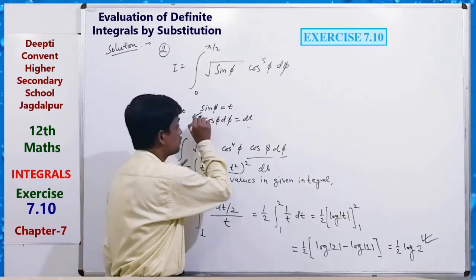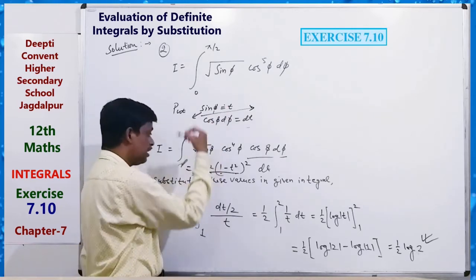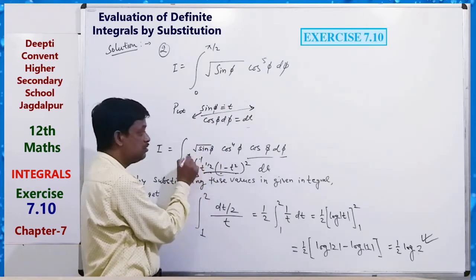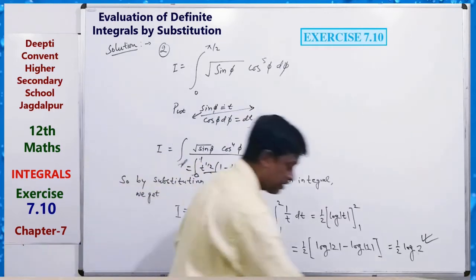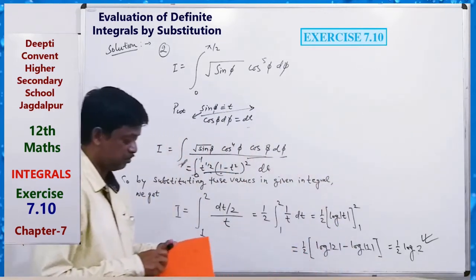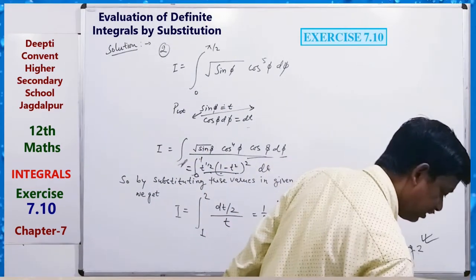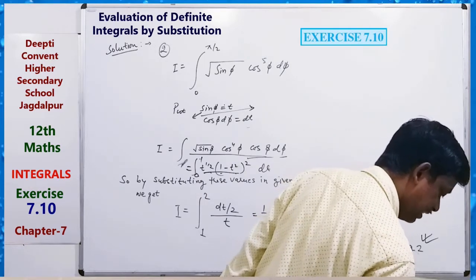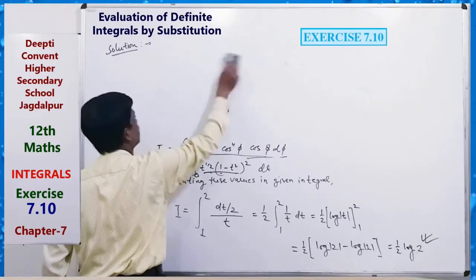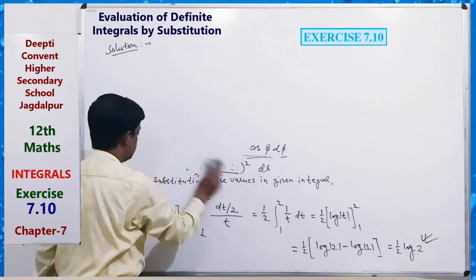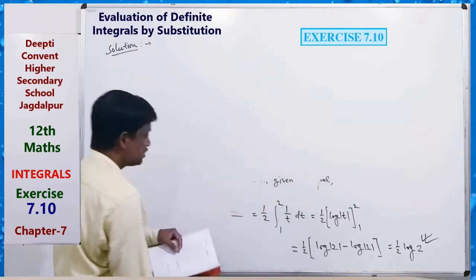First of all, you have to substitute, then find the limit also, and use it here, set like this. Okay? So you can proceed. So do it for attendance. Clear? Now take question third. Question third is what?